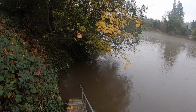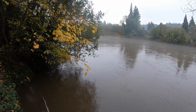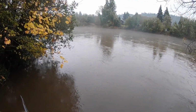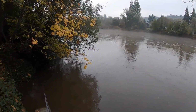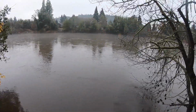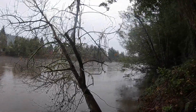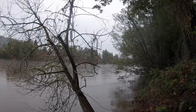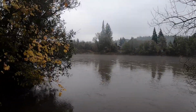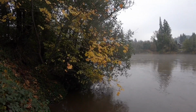after I get it all done and get some real time with it in the water, it'd be interesting to see. As long as it holds water out, it probably wouldn't be too big a deal to keep it here. I assume this is a swell from rains we've had, and you can see how the fog just hangs on top of the water. Down below us is the Burkhart Rapids, which in the summertime are kind of tricky